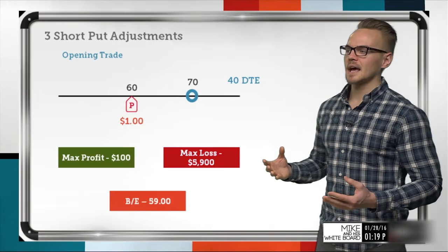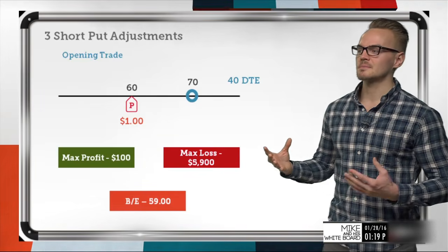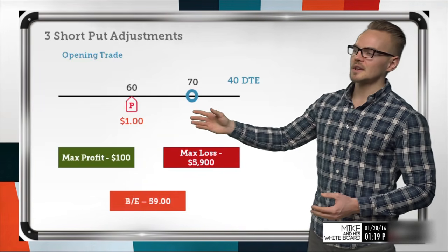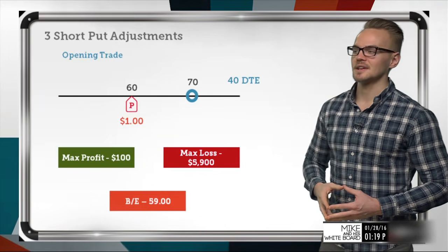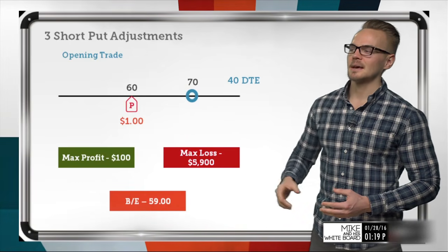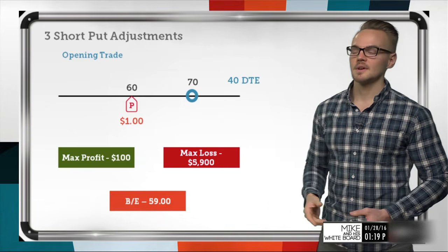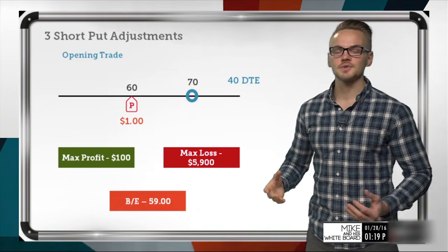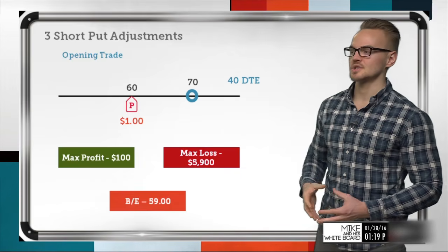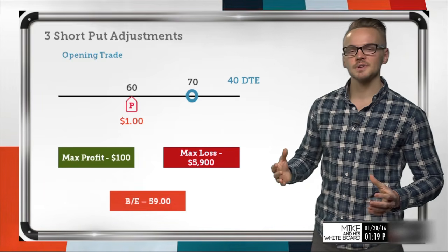So when we're looking at the opening trade of a short put, I'd like to just review this so we get the math bearings down. So we're taking a look at the stock price being at 70. We've got an option expiration of 40 days. And we're looking at selling a pretty far out of the money put, 10 points down, for $1 or $100. So we're looking at a max profit of $100 because, again, when we're selling options that